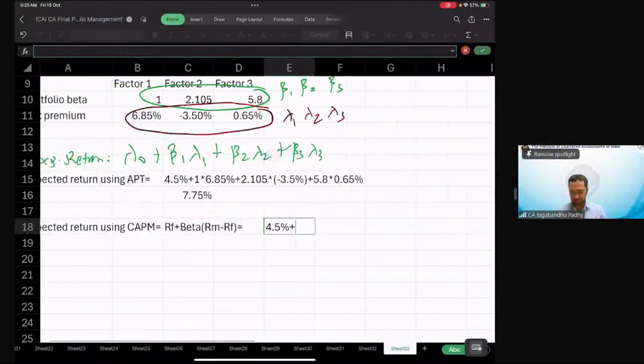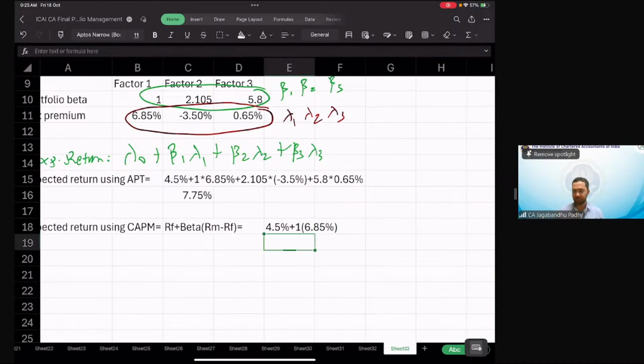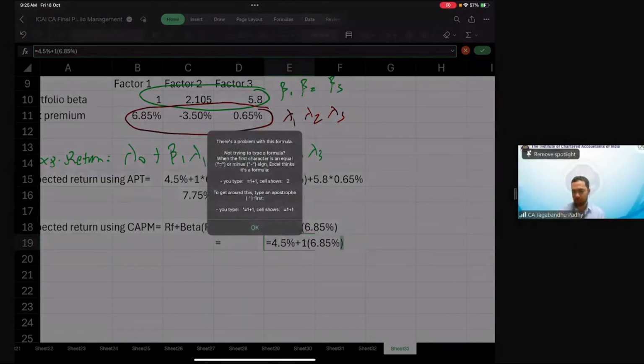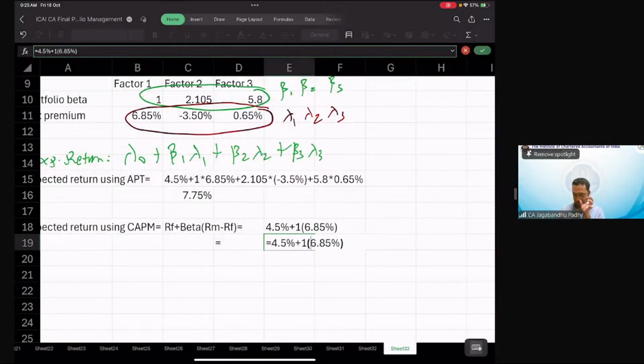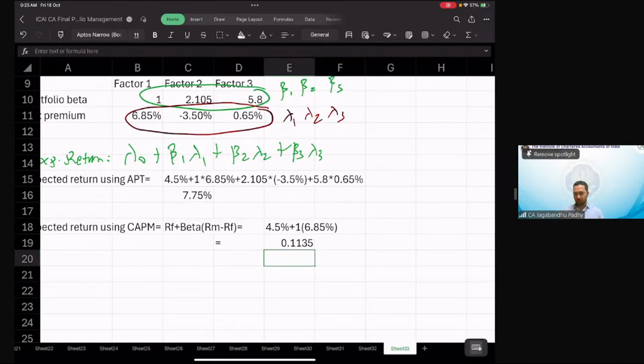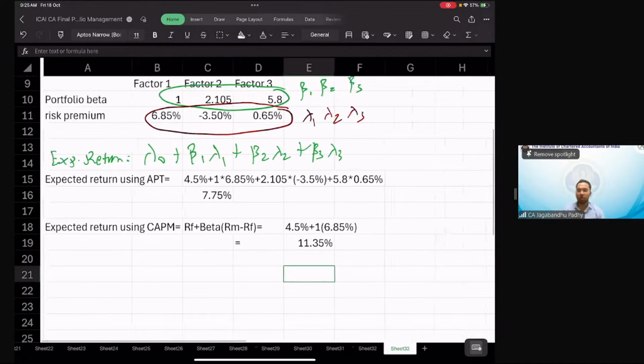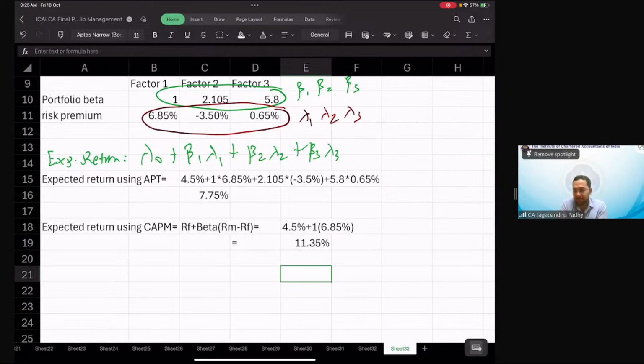The single market beta is 1, multiplied by the market risk premium of 6.85%. That will give us the value to be 11.35%. So if you are using purely CAPM, then we can expect